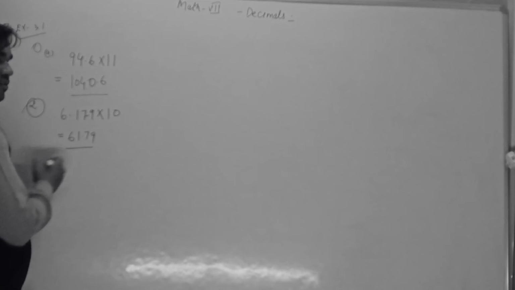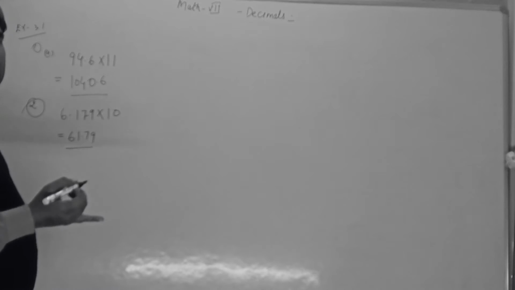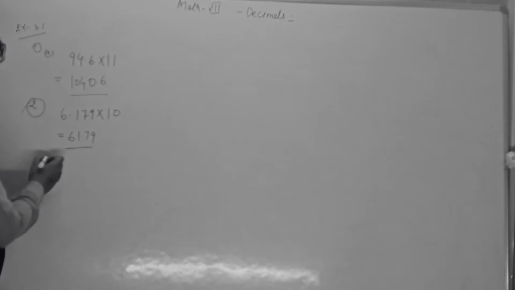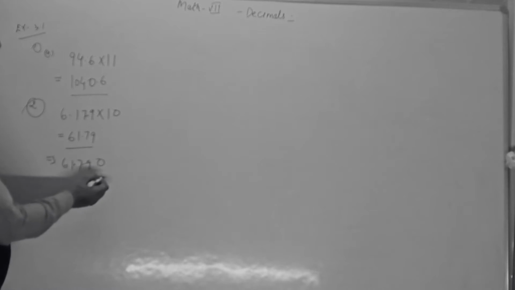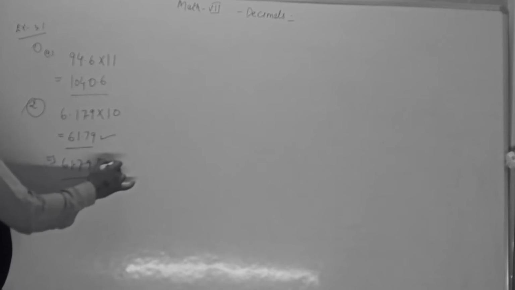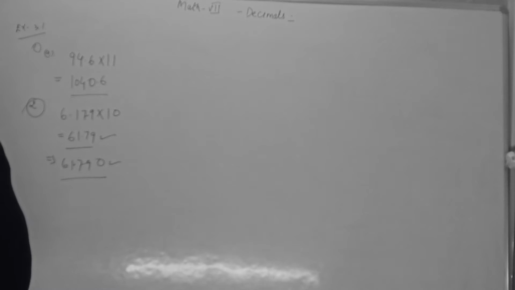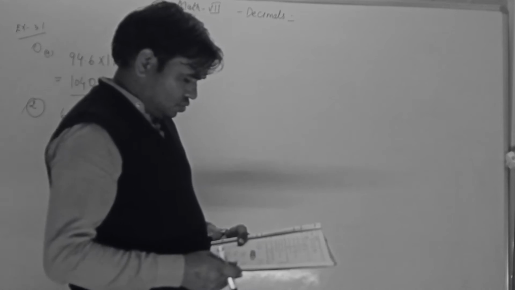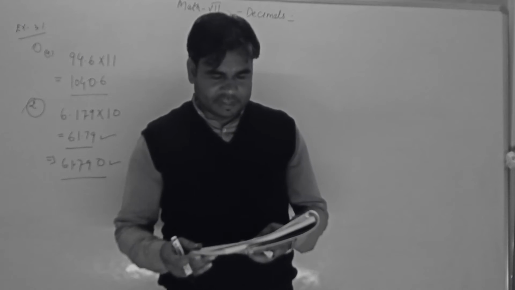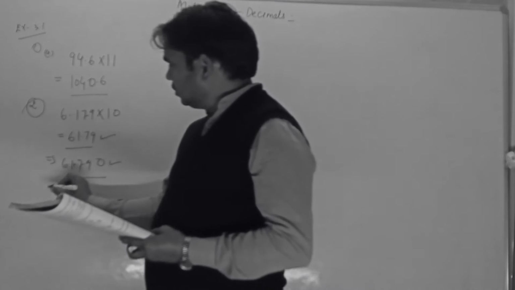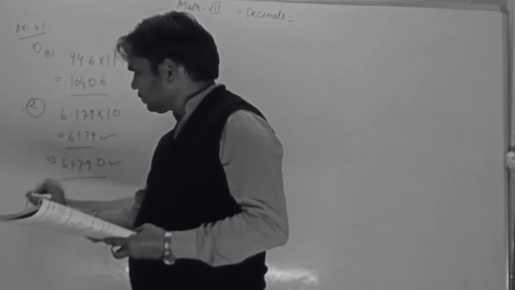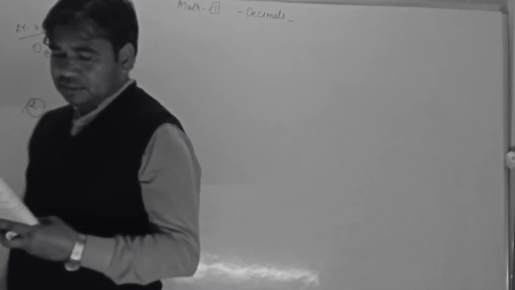So we can write this way. Otherwise you have to write the same this way also, 61.90, and after that 1 2 3, 1 2 3. So we can put a mark here. So either you can write this or you can write this, but the answer is correct. So this is the F part of this. So this is the F part we can take of question number second.